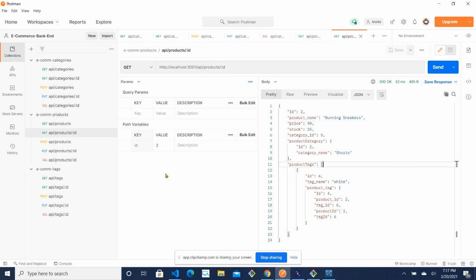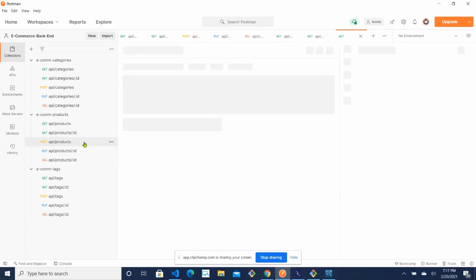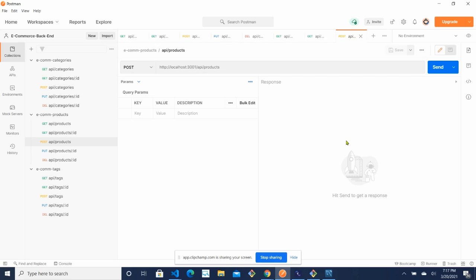Okay, so let's now move on to the post. If you want to post any data into the products, it is similar. In the body, we have to send the data that we want to post. So first, the different fields or columns: product name, price, stock, category ID, and the tag IDs for chaining the data. We are creating a new product, basketball. Price is 200, stock is 3, and the category, obviously sports, the category we created, has ID 6, and there are tag IDs which we are putting over here.